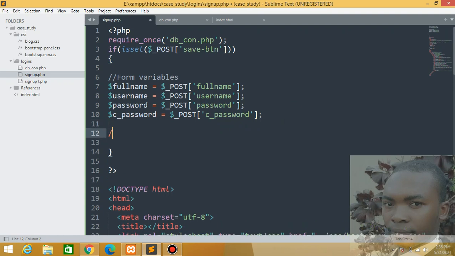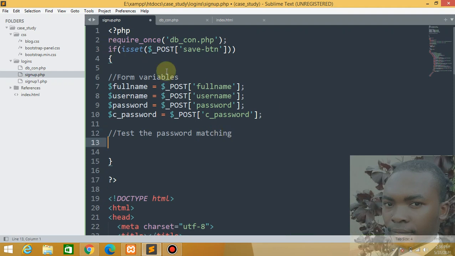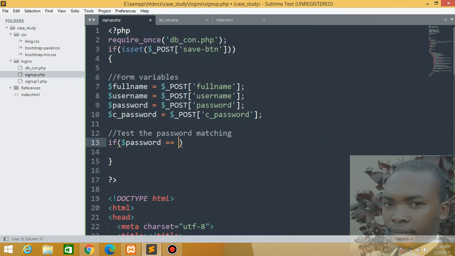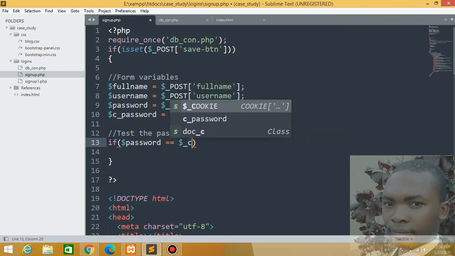Just put an if statement here, test password matching, and then you just say if the password is equivalent to the confirmed password,